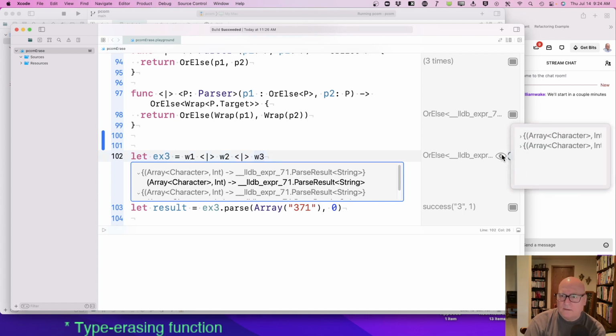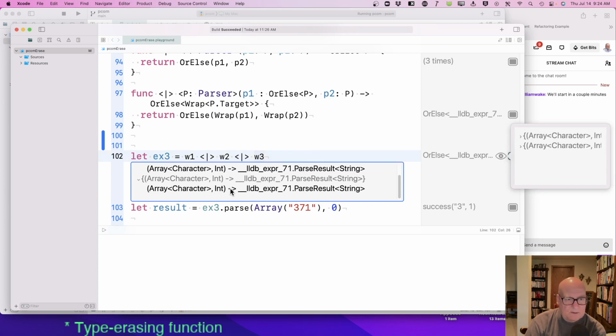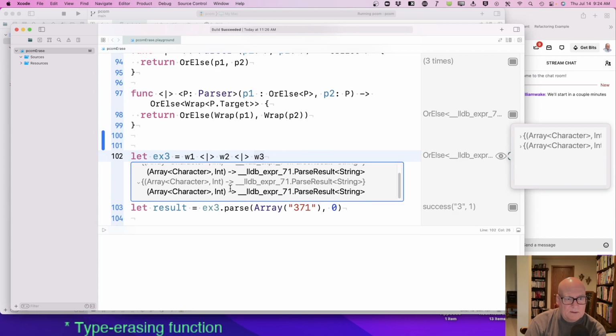Now, OrElse. So I guess that's the two arguments to W1, W2 maybe? I don't know.